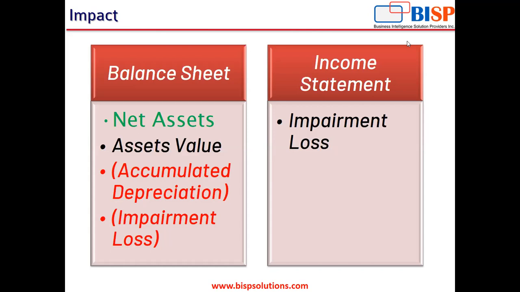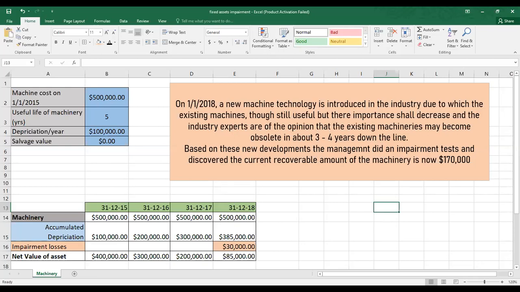Now, let us just look at a very simple example of what is impairment of assets and how do we actually calculate it and how do they actually look for the purpose of calculation. So there is a machinery, there is an organization. The machinery is purchased by the organization. That means the organization invested $5 lakh into the machinery on 1st of January 2015. The useful life of the machinery is 5 years, and the salvage value is nil, and hence the depreciation is on SLM basis. The depreciation is $1 lakh per year.